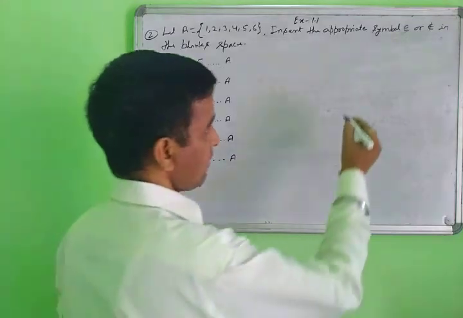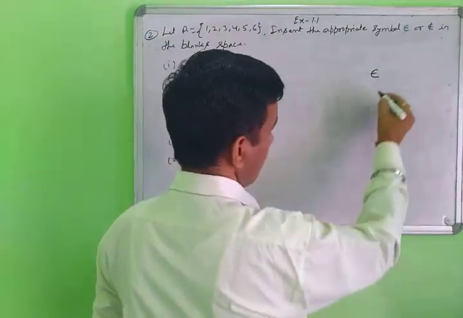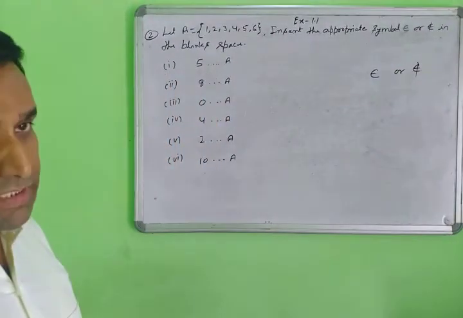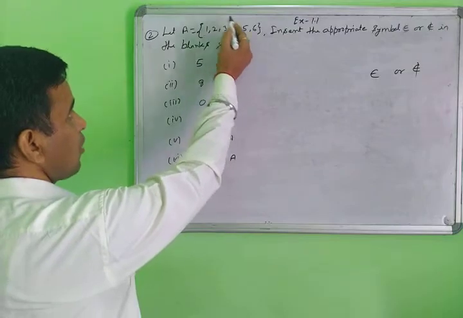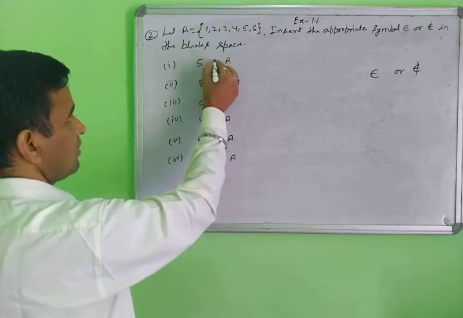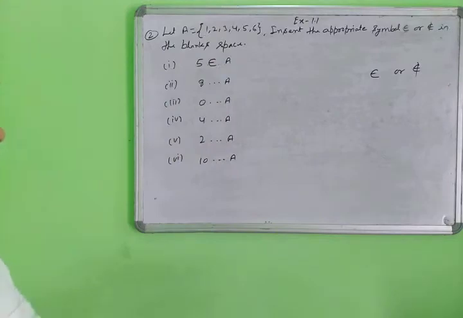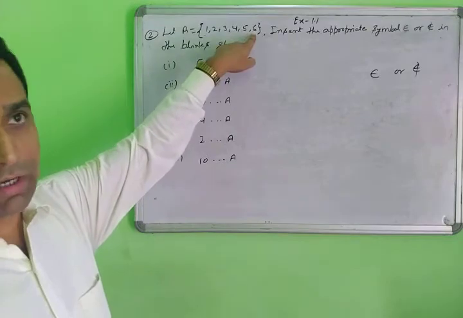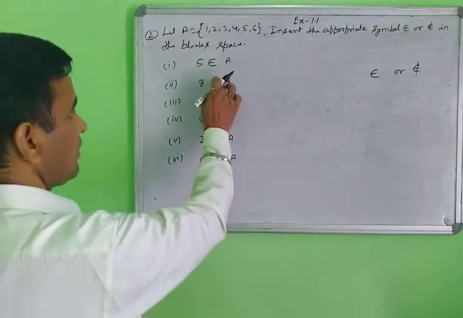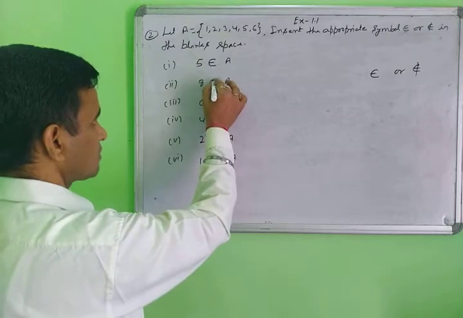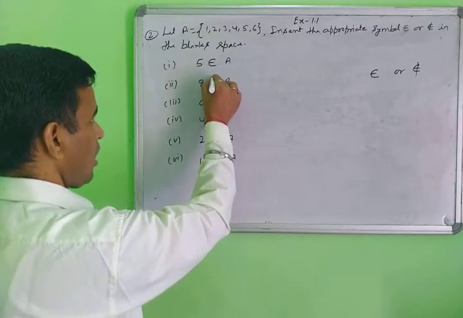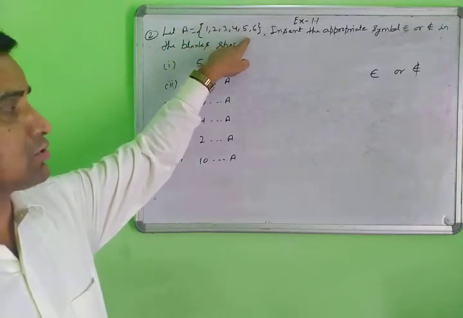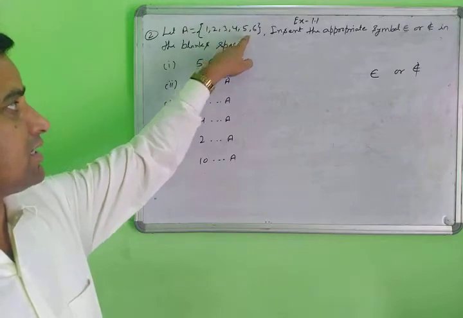So this means having the relation belongs. Otherwise, does not belong means no relation, not present in this. Look here, 5 belongs to A, so you put the belongs symbol. Next, the second part, 8. Element 8 is not in set A, so you write 8 does not belong, because in set A, element 8 is not there. Suppose 8 were an element here, then it would belong.